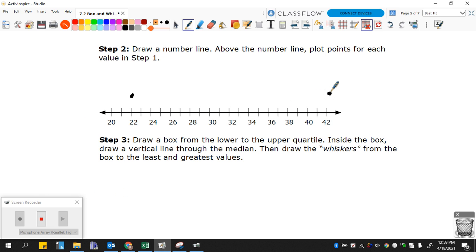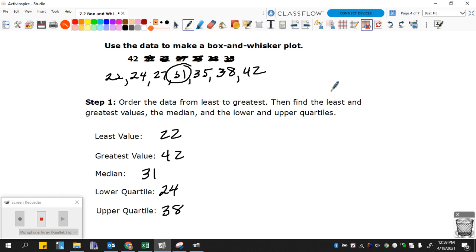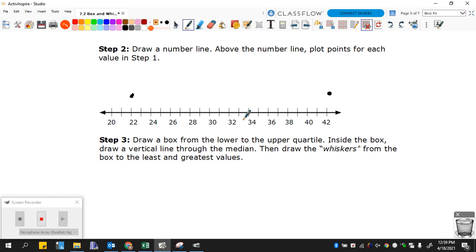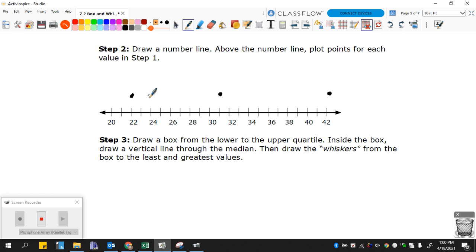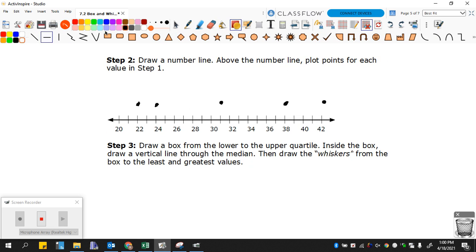We have 31 as the median. And 24 and 38 for the lower and upper quartile. Okay. Now, once again, remember what we do is we draw our box, okay, from the lower